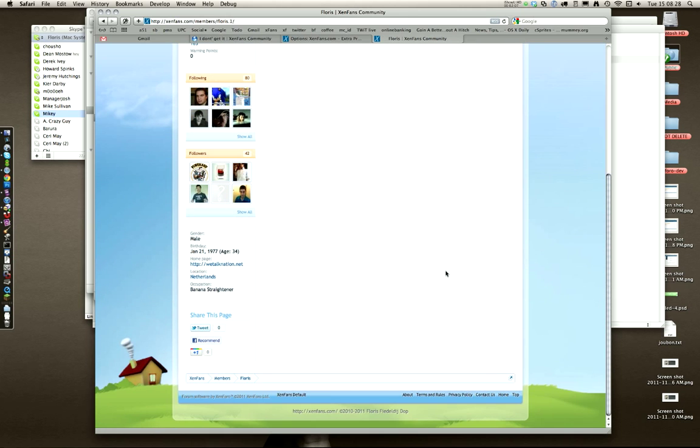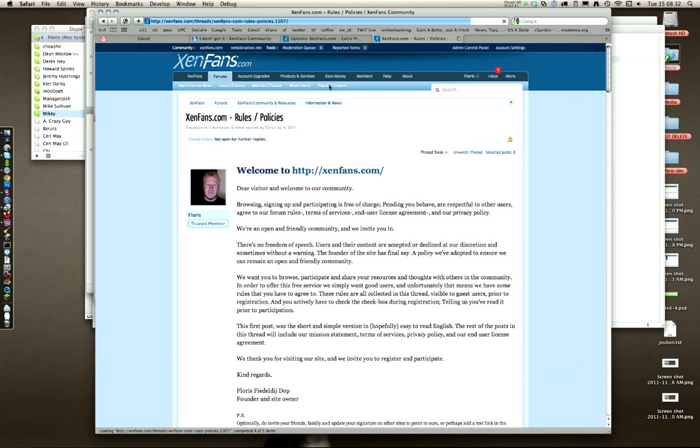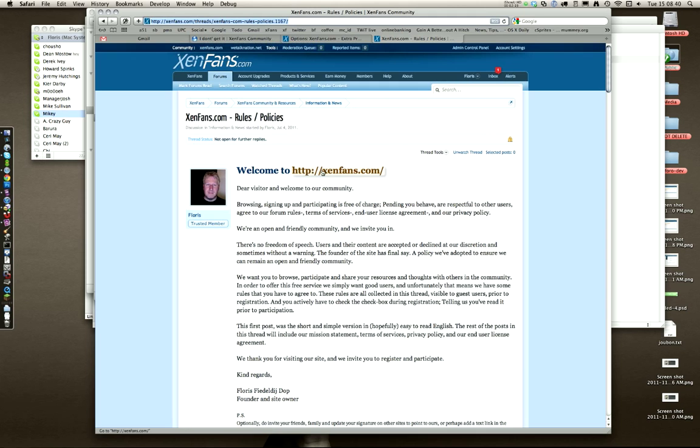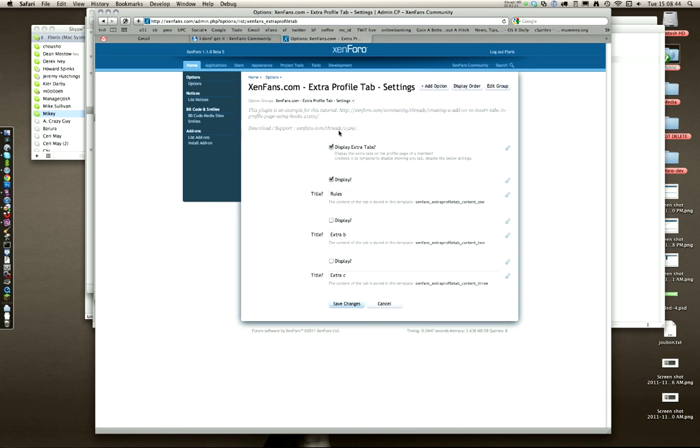So let's scroll down to the bottom, and we got our link to our terms of services here. And I'll copy that. This is where we want to link to. And we'll remind members when they browse their profile that, you know, we got some rules on the website. Okay, so these are the options. We've enabled the plugin, or if we have installed the plugin, we've enabled it, and we enabled one tab and